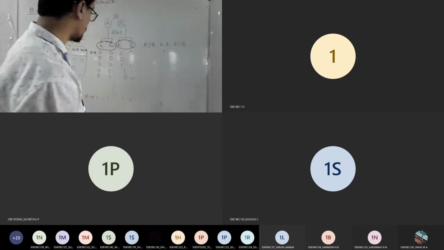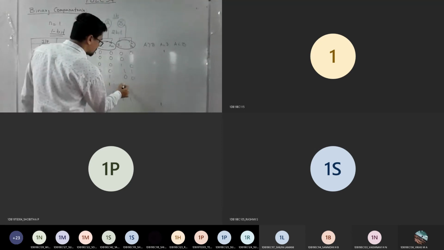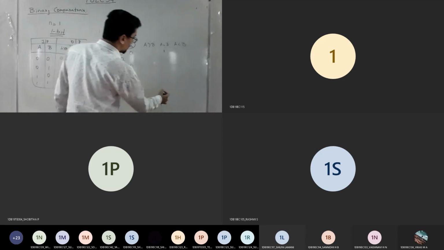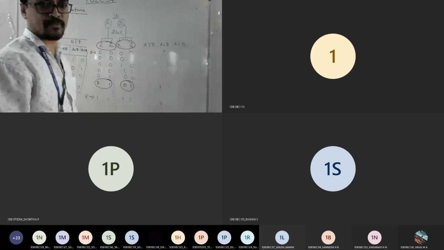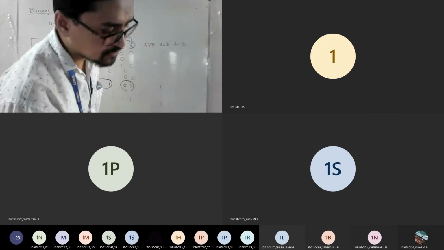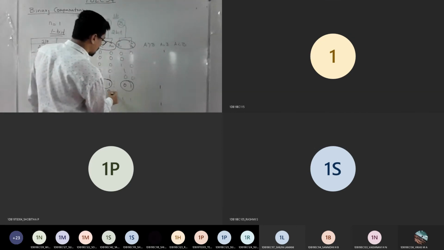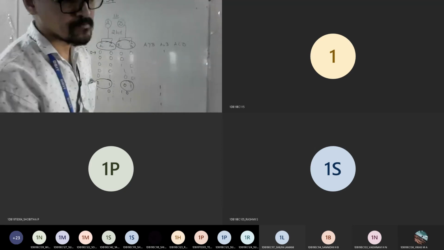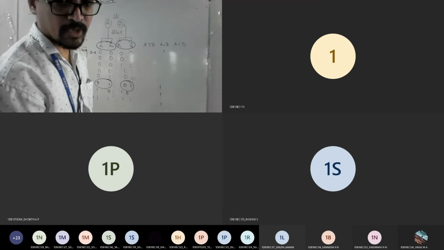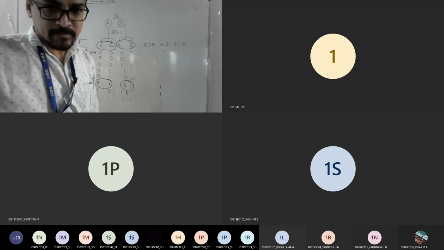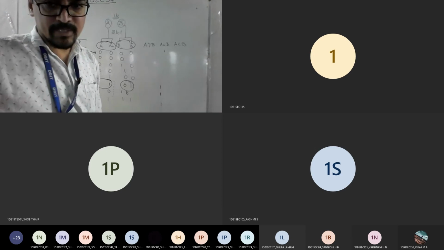0, 0. 0, 1, 0, 1. Compare this and this again, equals 1. You will get 1. Any other combination? 1, 0, 1, 0. Good. One more combination will get 1, then that's all. So you'll get 4 ones in the truth table for A equals B. Everyone agree? Is it fine till here?